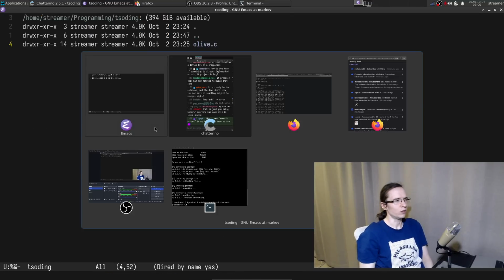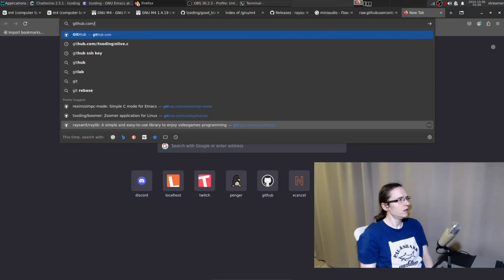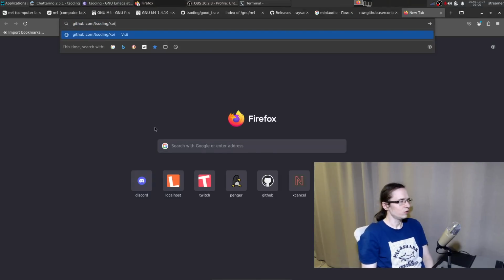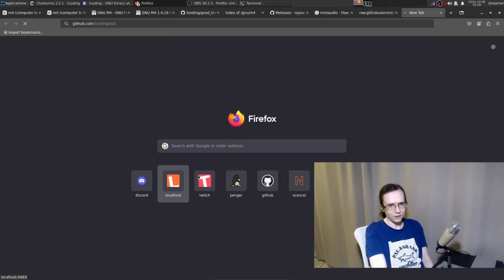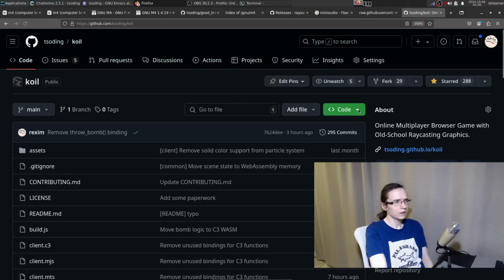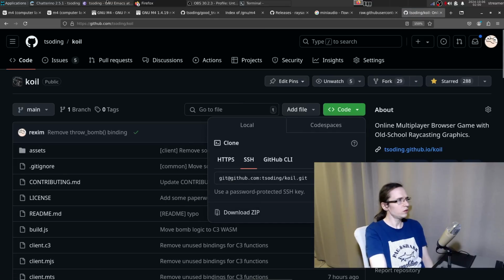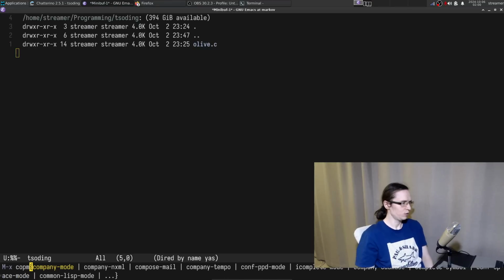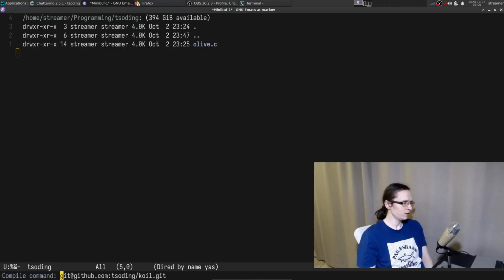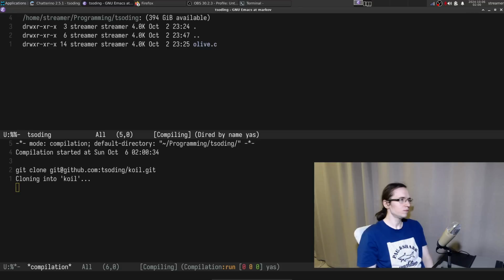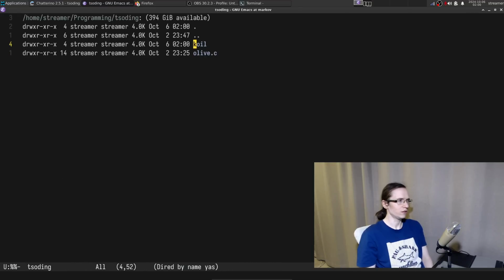I think I don't have Coil. We can actually copy-paste it. I mean, clone the whole thing. So let's just grab this and I'm going to compile this entire thing. So it's a git clone. It's cloning. Okay, so we clone this entire stuff.